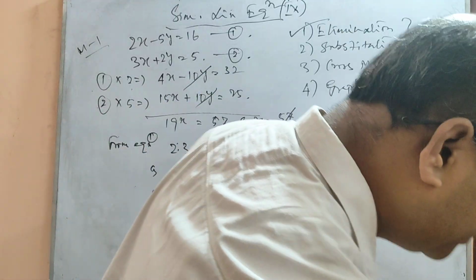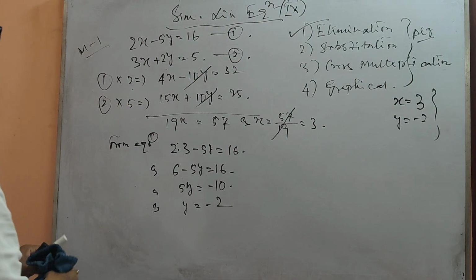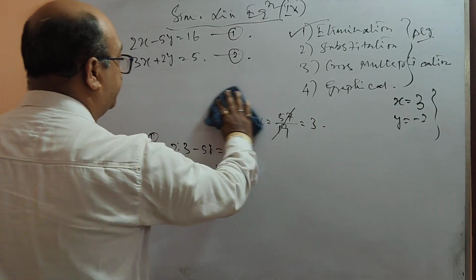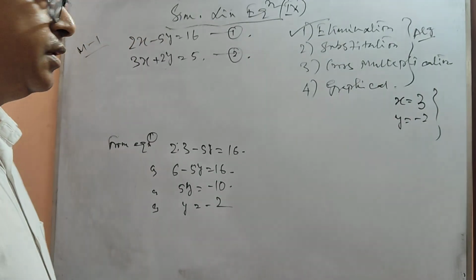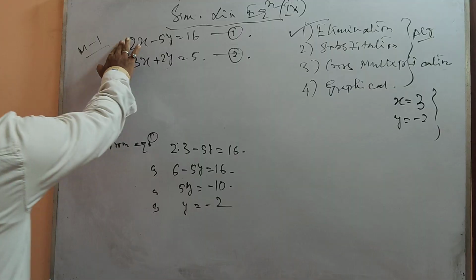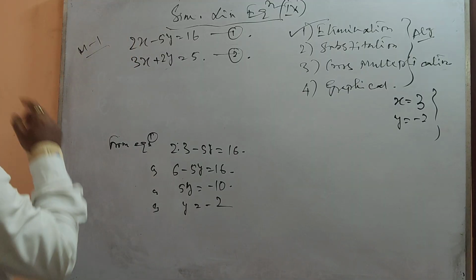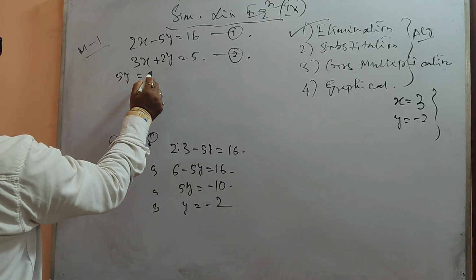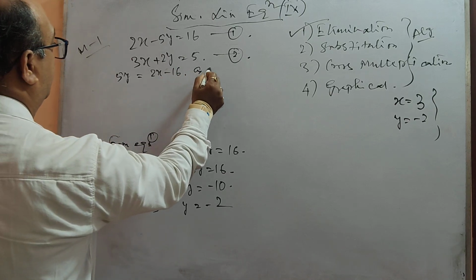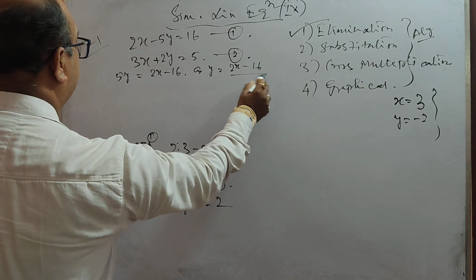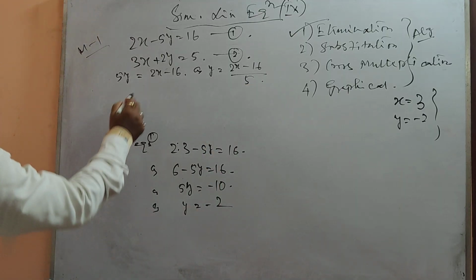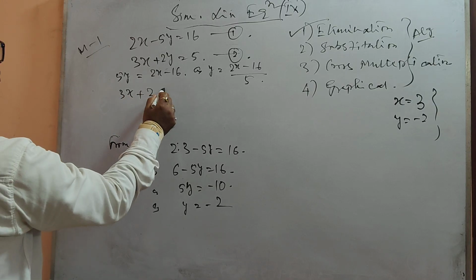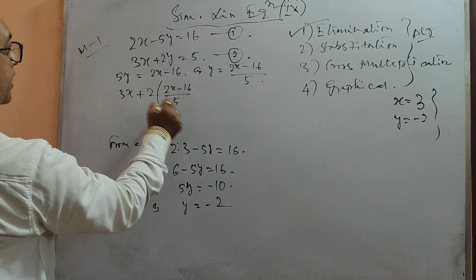Now the method of substitution. What is the method of substitution? In the method of substitution, we see that we can substitute any particular variable. So here we replace x or y in the first equation: 5y equals 2x minus 16, or y is equal to (2x minus 16) by 5. So putting this value into the second equation, 3x plus 2 into (2x minus 16) by 5,